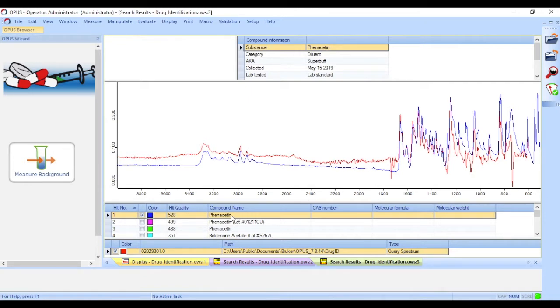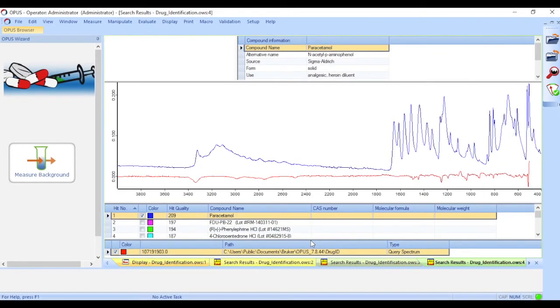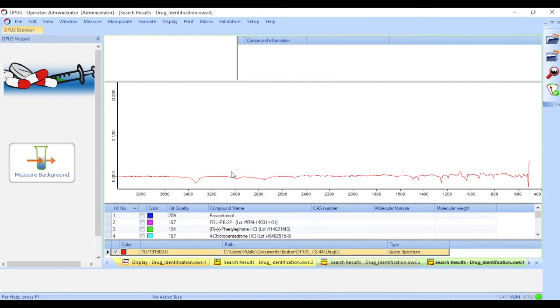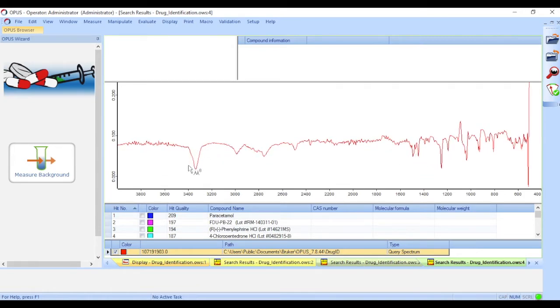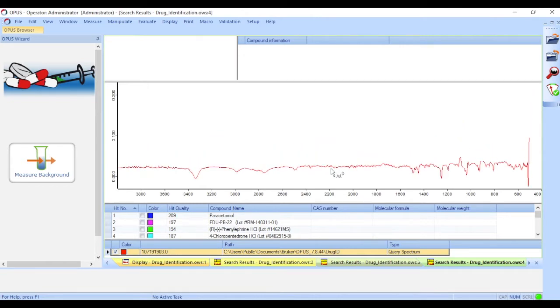This phenacetin looks like a good match, so again, I'm going to right-click on the library entry and auto-subtract a new search. The resulting line is pretty flat. It's flat because there is no signal remaining. No signal means there are no other compounds present that are not accounted for by our 2 ingredients, cocaine and